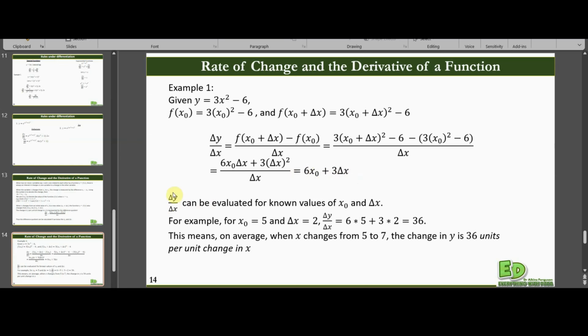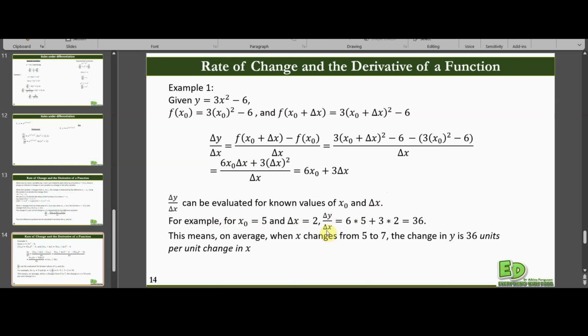So therefore, the change in y over change in x, or the average rate of change, can be calculated for known values of x₀ and Δx, your h, if it's given to you. If the initial value of x is given to you and you have the horizontal distance, you can calculate the values for this function. For example, if x₀ is equal to 5 and the change in x is equal to 2,